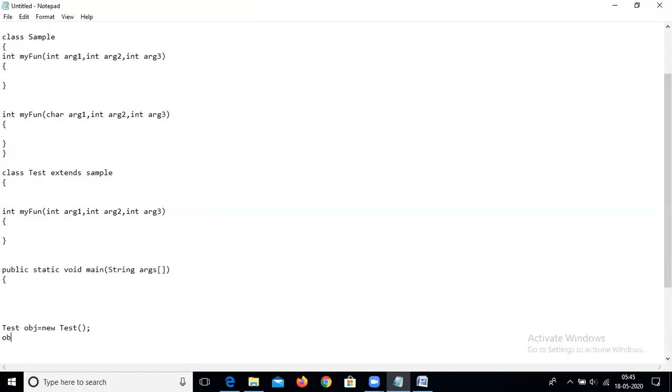Now, how to call the function: obj dot my fun, inside this 10 comma 20 comma 30. Again, paste it.